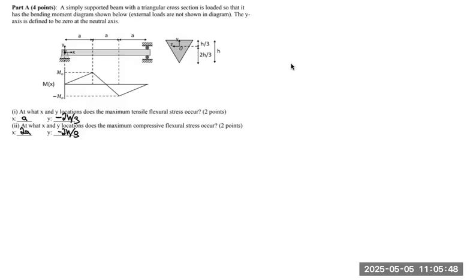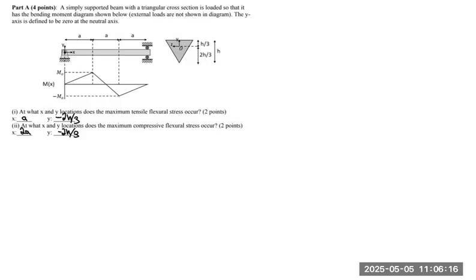Today we are going to go over a conceptual question in mechanics of materials. Part A says, a simply supported beam with a triangular cross-section is loaded so that it has the bending moment diagram shown below. External loads are not shown in the diagram. The y-axis is defined to be 0 at the neutral axis, and they want us to find at what x and y locations does the maximum tensile flexural stress occur,